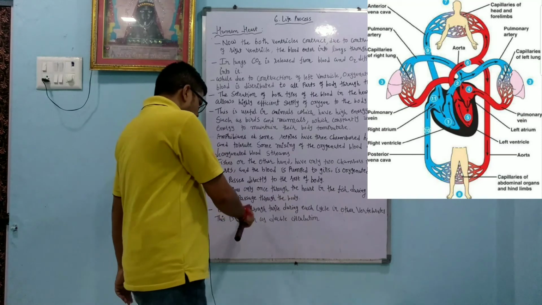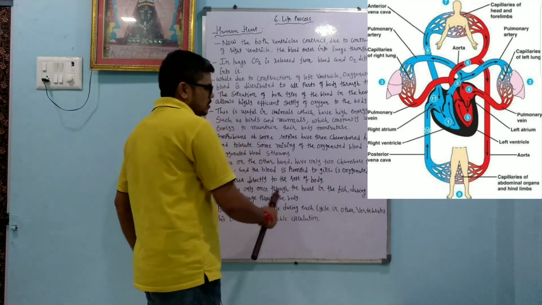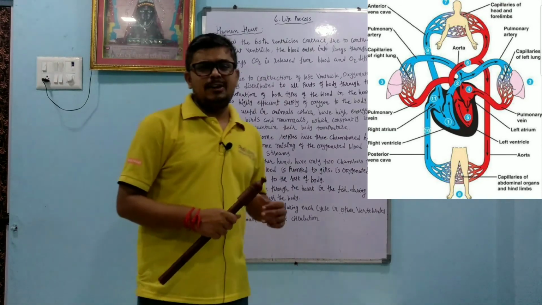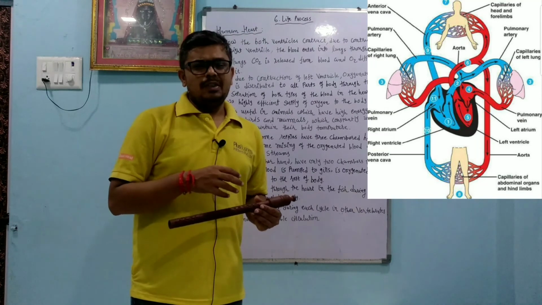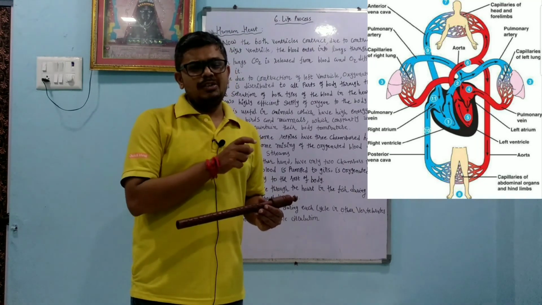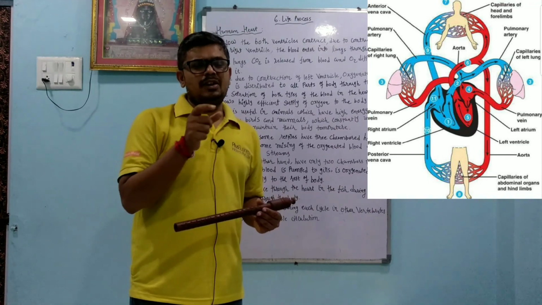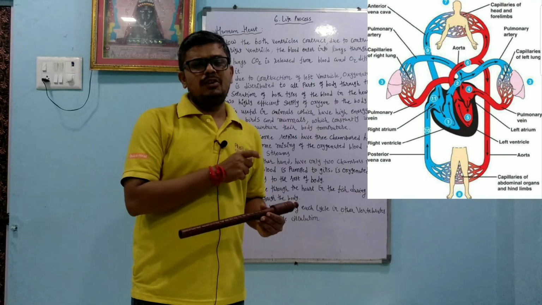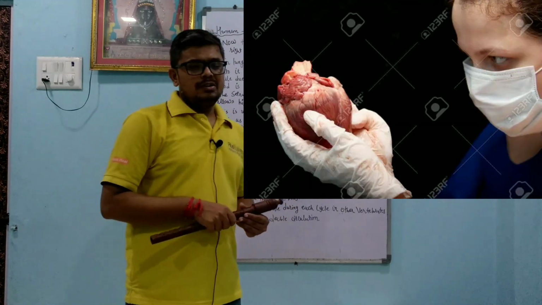Okay, in other vertebrates blood goes through the heart twice during each cycle. This is known as double circulation. So in vertebrates like humans and other mammals, the blood enters two times. First, the deoxygenated blood becomes oxygenated. That is the first time, and the oxygenated blood again enters the heart to go to the different parts of the body. So this is all about the human heart. Thank you so much.